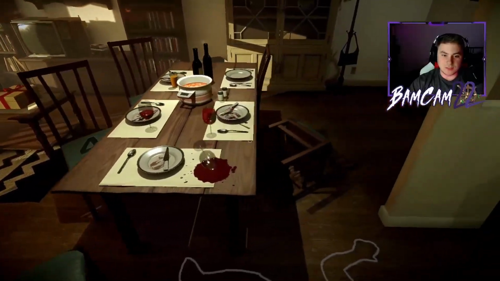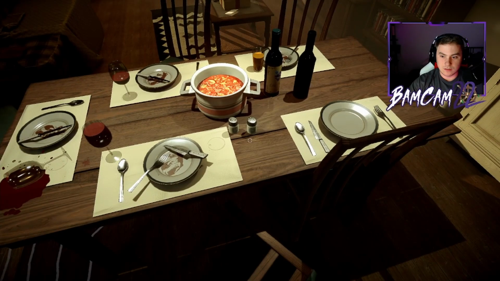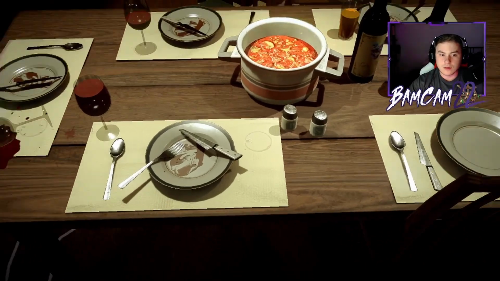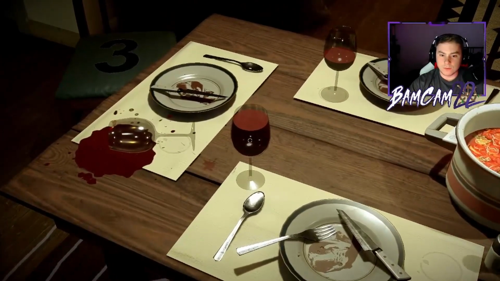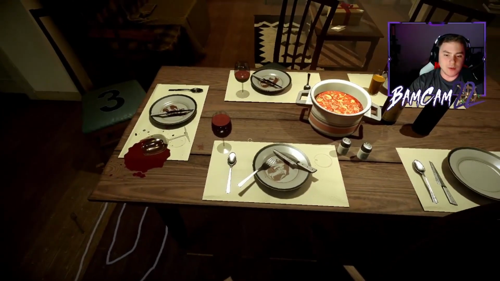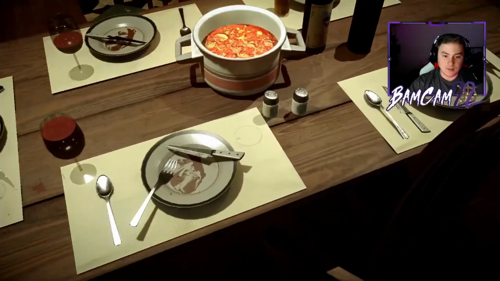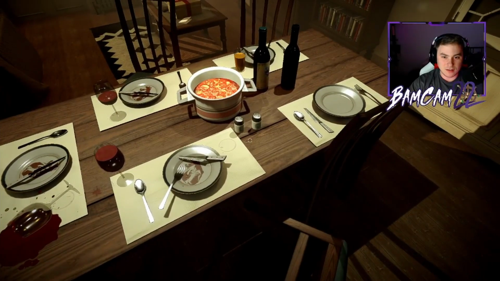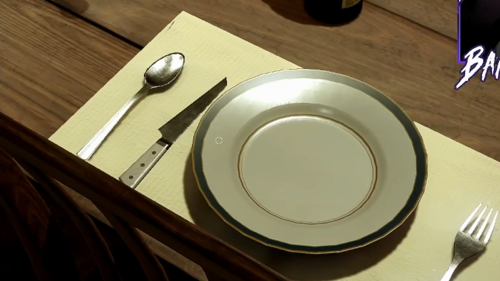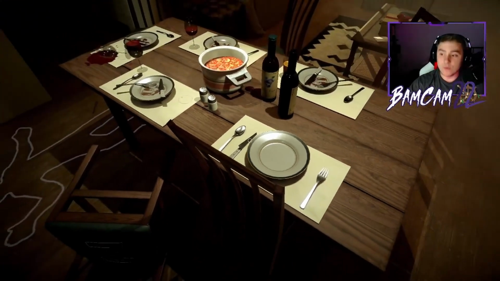What's confusing me is, wait, it was placed on the right. Hold on a second. Full glass of wine here as well, and a marker shows that it was originally on the right. I was thinking Edwin was sitting in this chair because the glass was on the left hand, but it looks like it was originally placed on the right. Edwin could have been sitting here with the knife on the left side. Full switch up, we figured it out.